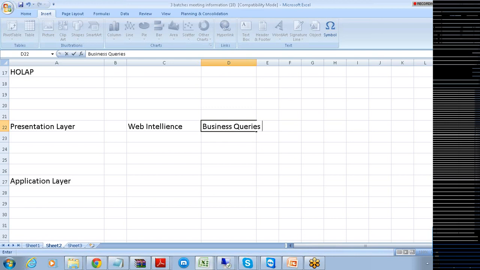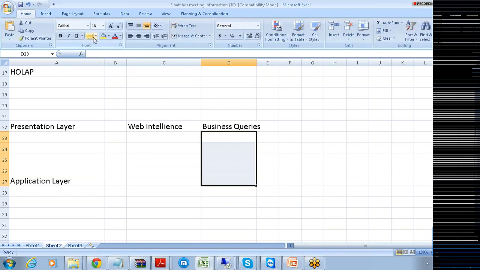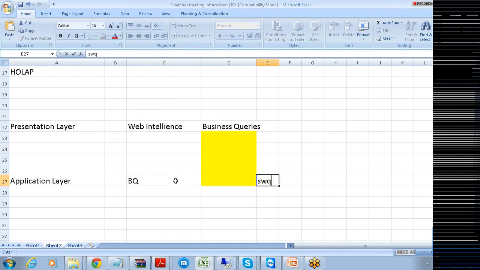I'm going to pass this business query on to your application layer here. Once I pass this query to the application layer, your business query is converted into either your SQL query or your MDX query.